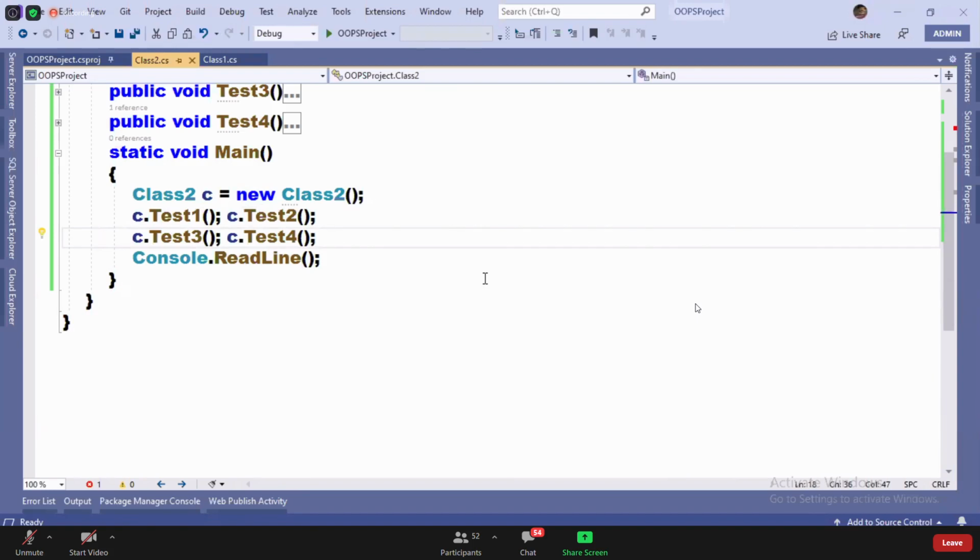Then what is your problem if it is public or private? If I call it, then you can say, sir, it is private now. But I did not call it anywhere. Okay, let me explain why you're getting the error. The reason you're getting an error is because it is private only, guys.